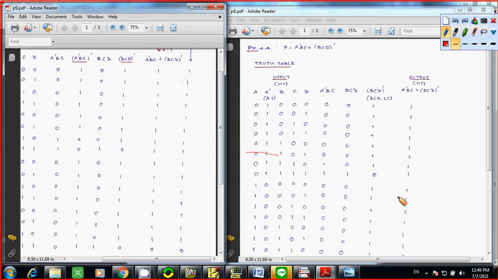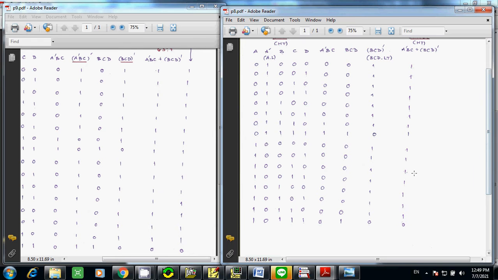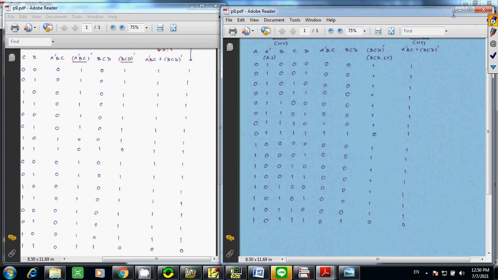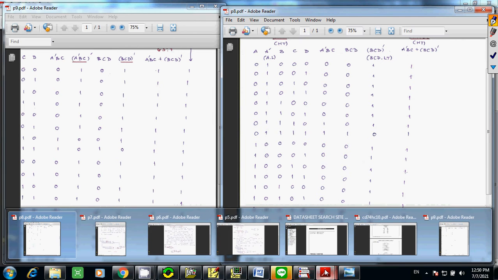Okay, so you have the same output. You have a 0 right here, and you have only one 0 right here. Okay, I hope you understand. You compare the truth table directly from the given function, and also from your circuit,